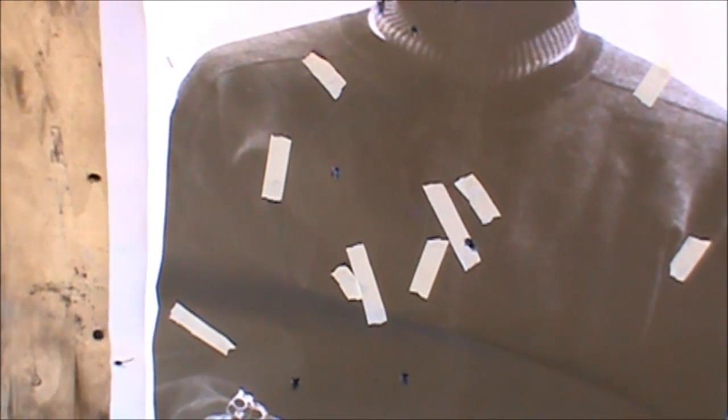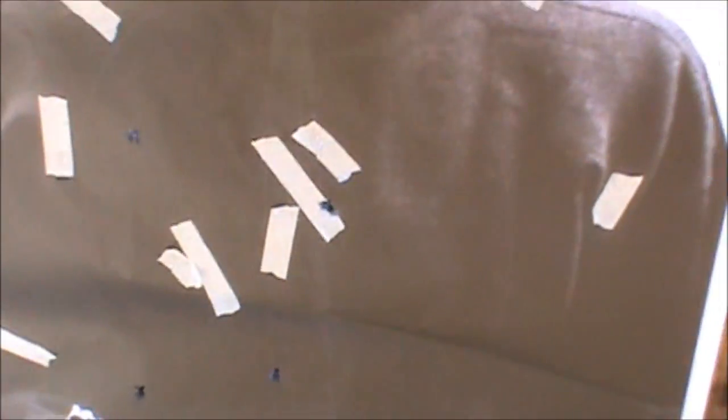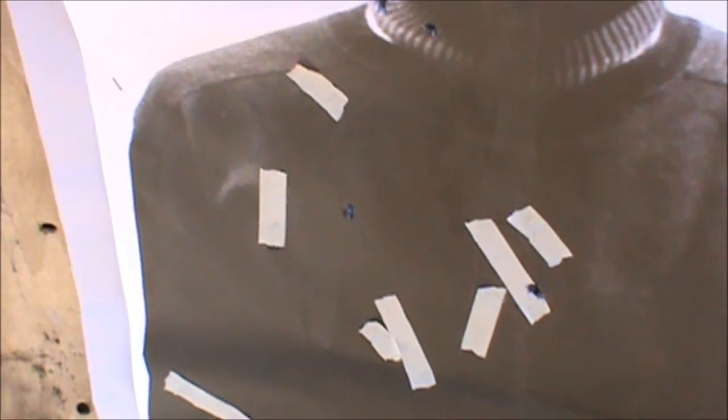Let's go down and see how that looked. All right, this was the first target I shot. That shot right there was the first shot, and this target ended up with 4 shots because I dumped a shot out of the mag. So the other 2 right there, and then 2 in the neck. This target